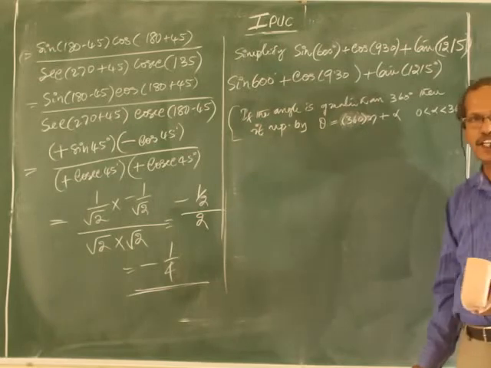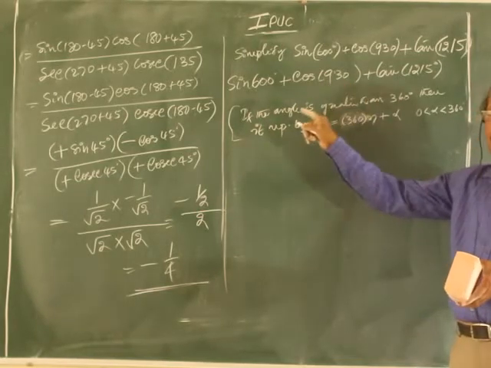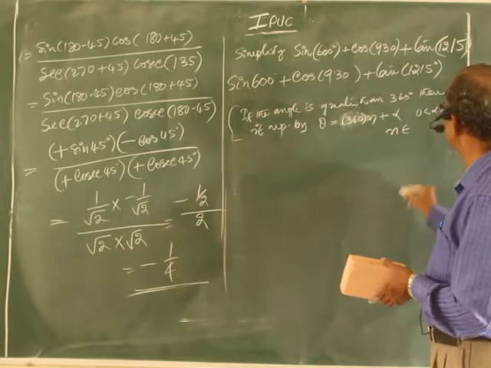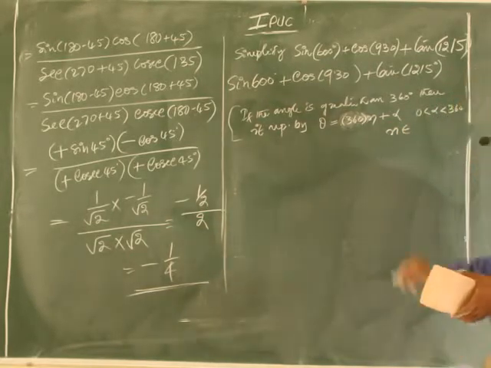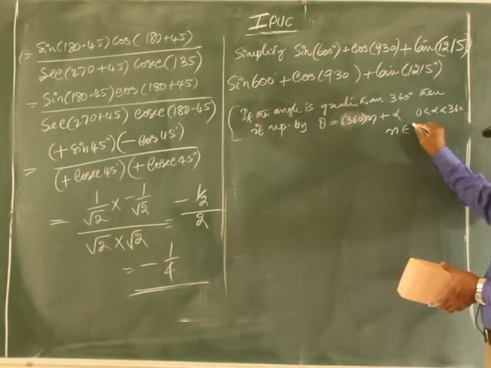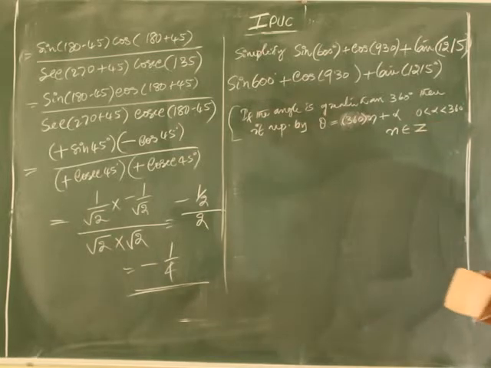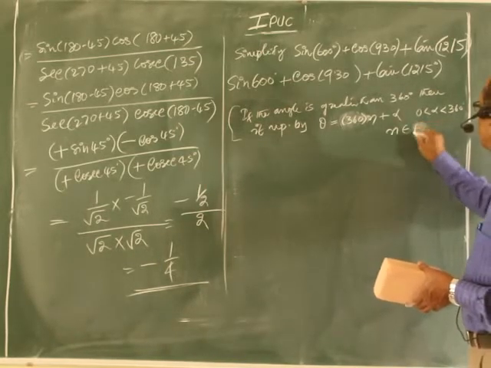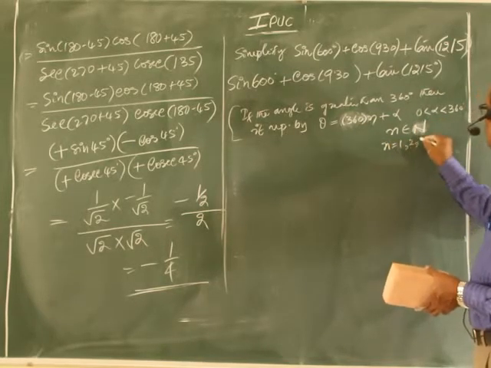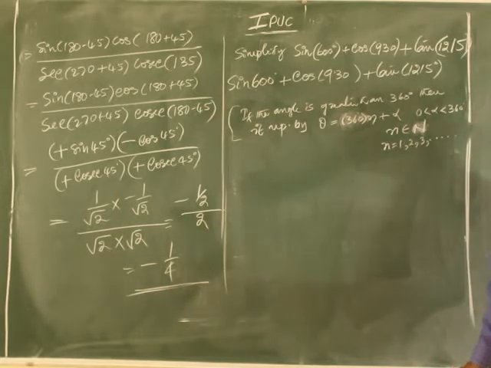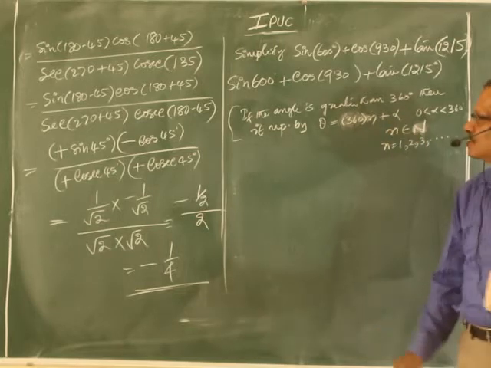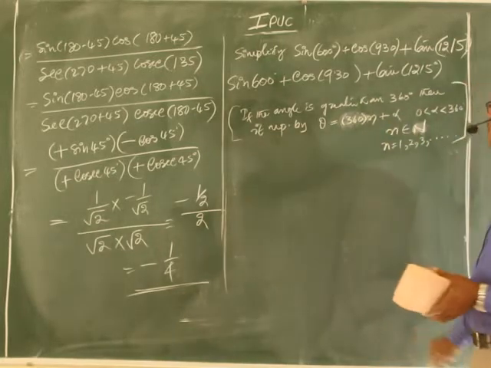Go back to the formula list. Any angle greater than 360 can be written like this. Remember here n, there I have not given that. n belongs to Z or natural number. Sorry, natural number n. Or if you have confusion, you can write like this: for all n equal to 1, 2, 3, etc., you get multiple of 360 plus another angle. This one is written there in the formula list.